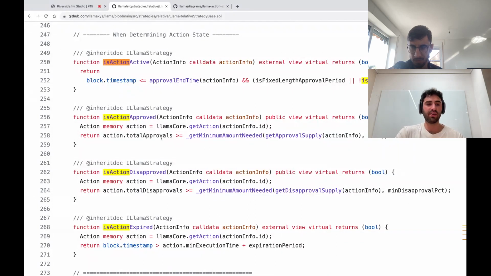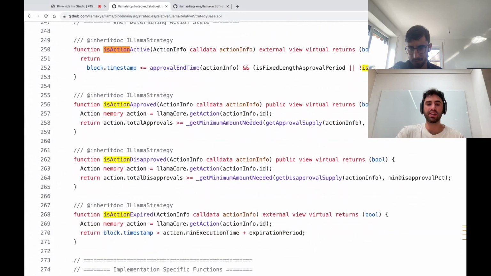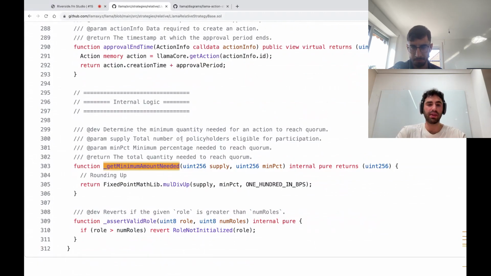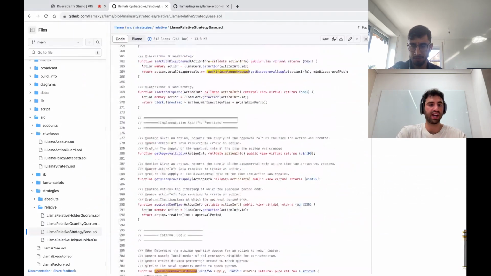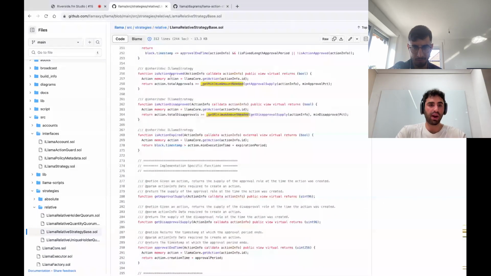The core passes in all the action info, and the strategy tells if it's approved by seeing if total approvals is greater than the get minimum amount needed. In this case, it's passing in the min approval percentage and the approval supply based on the action, and it's doing the calculation to see, did 50% or more of the approval role approve that action?